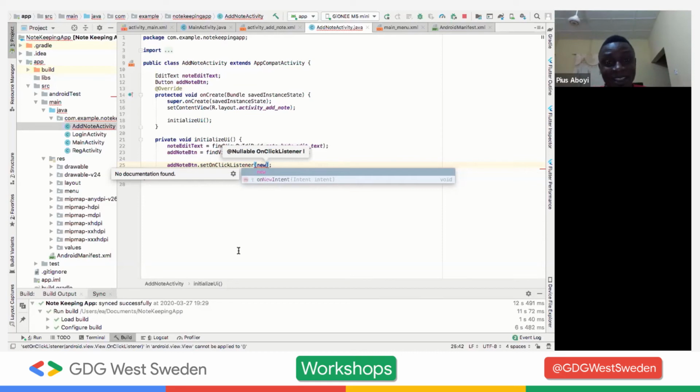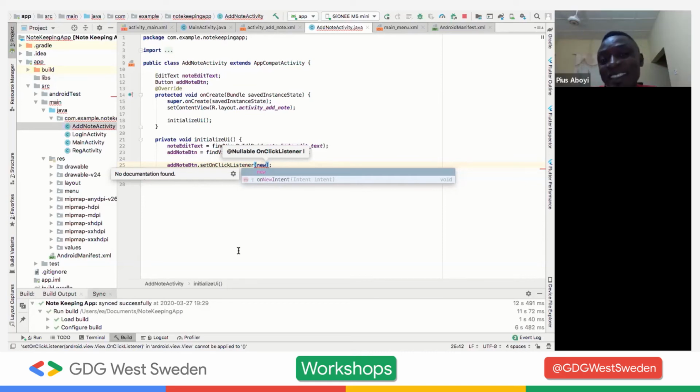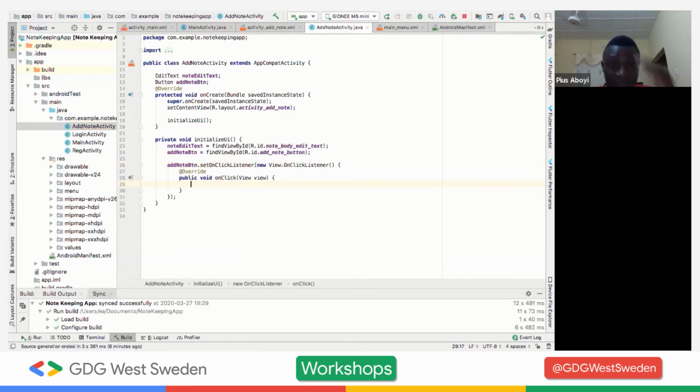So yeah, absolutely. Please. This is something we've done. I think it's like the third time we're writing something like this. This is just initialize UI. This is probably the third time we're writing this kind of method. So I'm just walking through the code. So new on click listener. And this is what happens when the button is clicked, the button to add the note. So at this point,